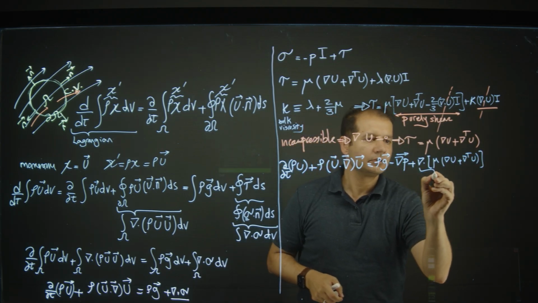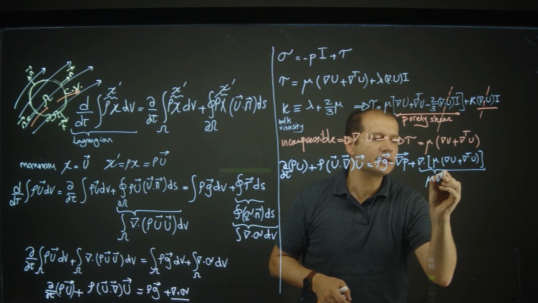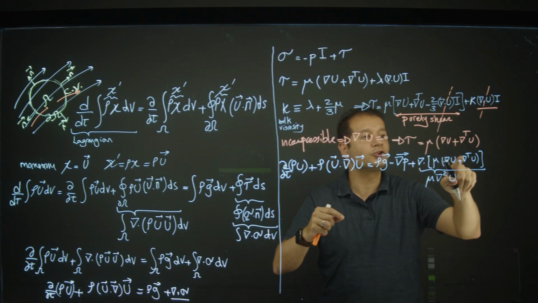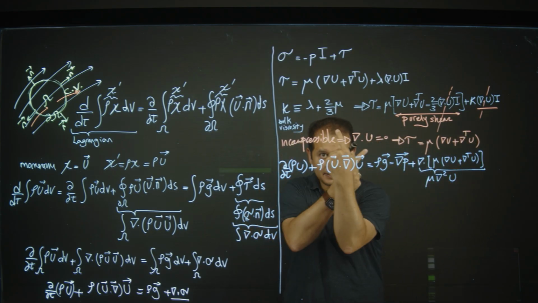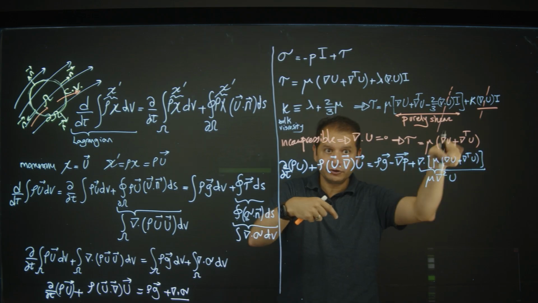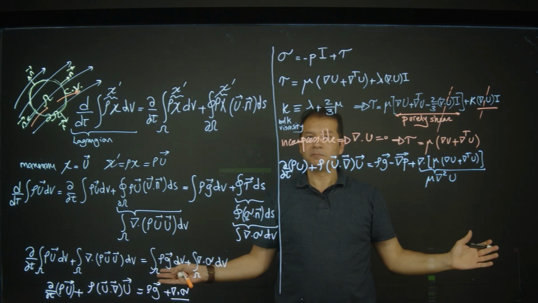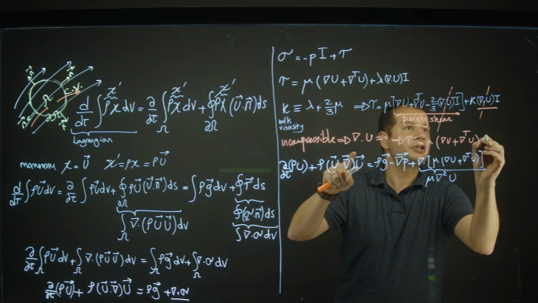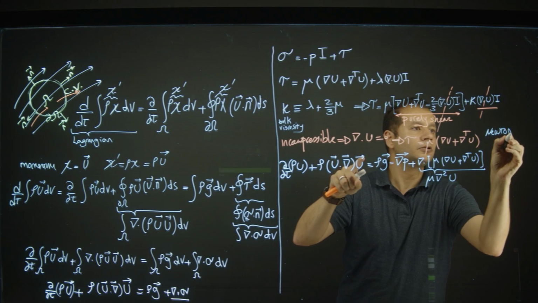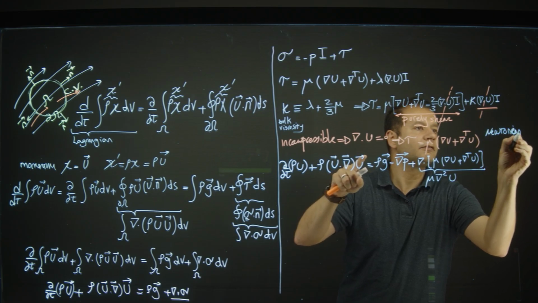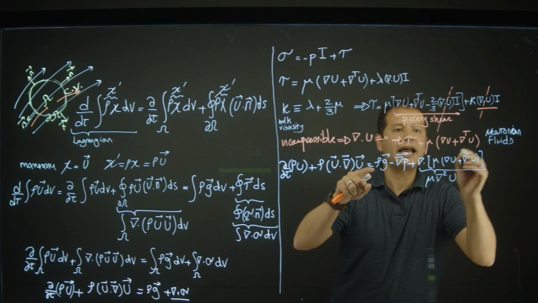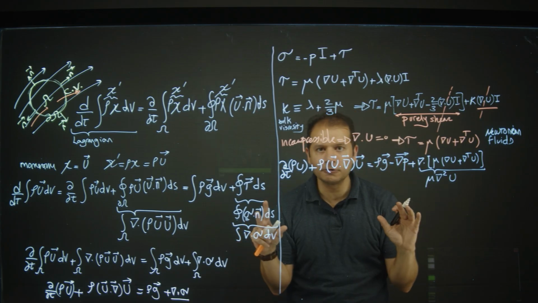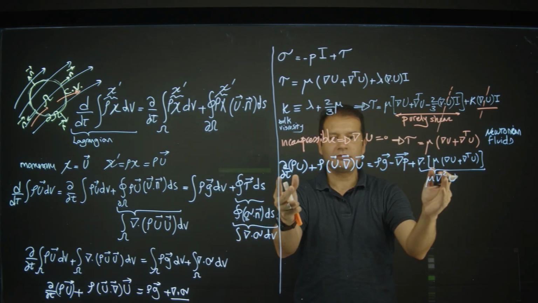This term is mu Laplacian of u. Divergence of gradient is Laplacian. Divergence of gradient transpose is 0. You can translate it to gradient of divergence of u, which will be 0. So this is it. For a linear relationship between tau and viscosity, which is for Newtonian fluids, which have constant viscosity and a linear relationship between tau and grad u, then we get this beautiful equation that